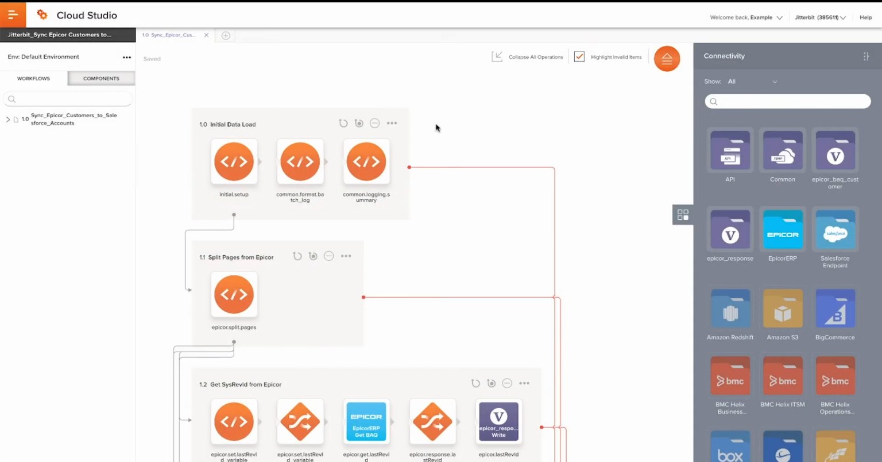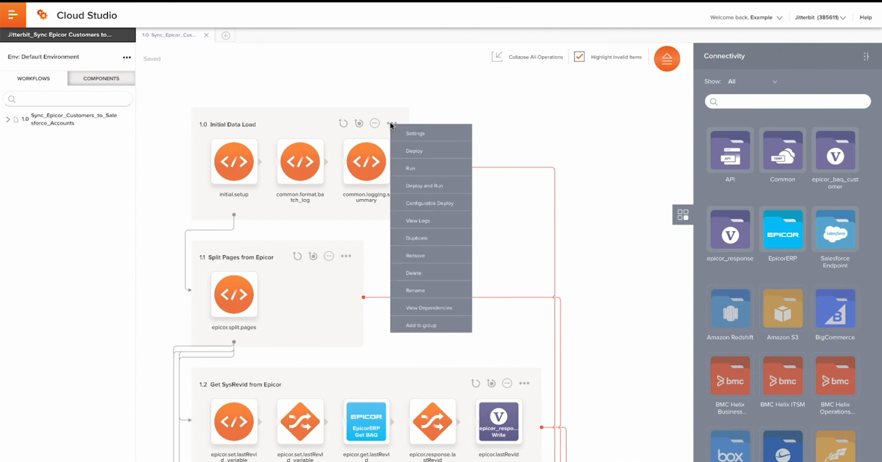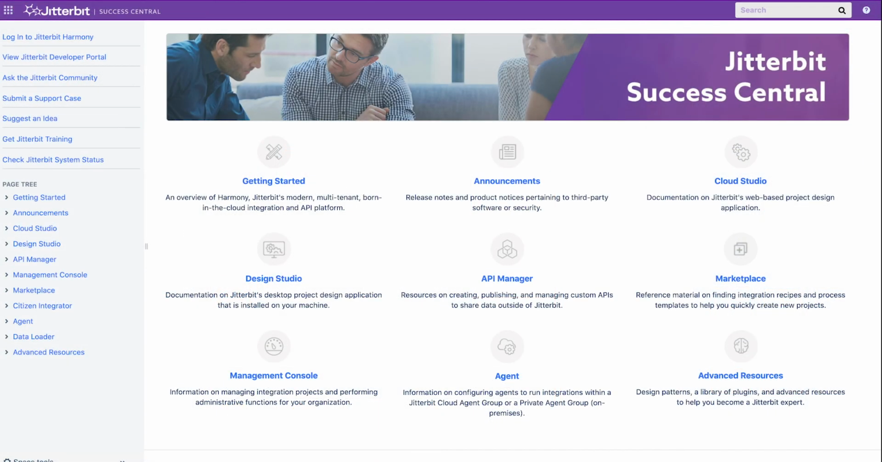Now it is time to start triggering the proper workflow in the proper order. Once this step has been completed, I can deploy and run each project in the proper order as listed in the documentation guide. If you have any questions, please check out the